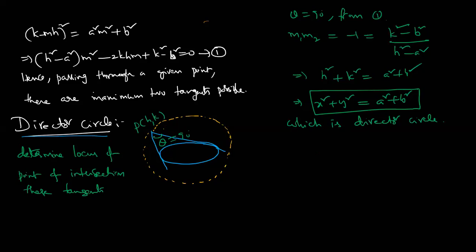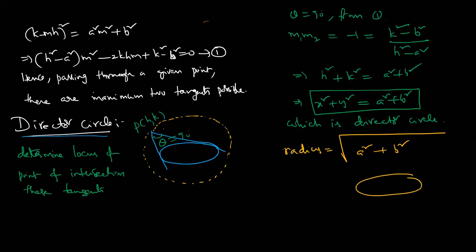So what is the radius here? You should understand what the radius is. Radius is nothing but root over the sum of the squares of the semi-major axis and semi-minor axis. A means semi-major axis, B means semi-minor axis. That means the radius is the length of the line joining the end points of the major and minor axis. So I'm drawing the picture.